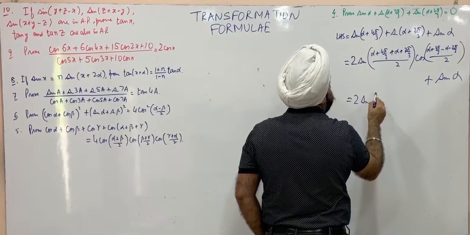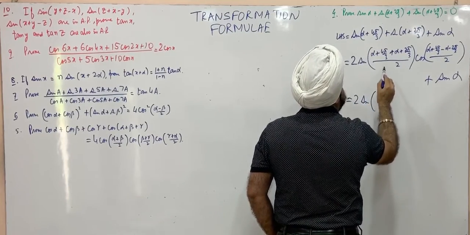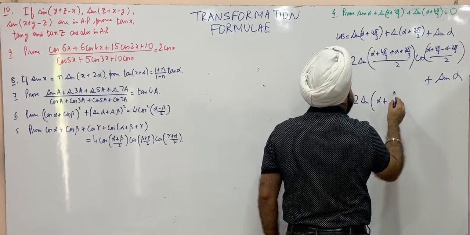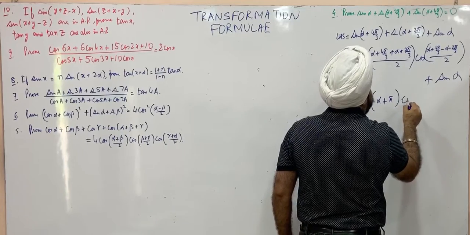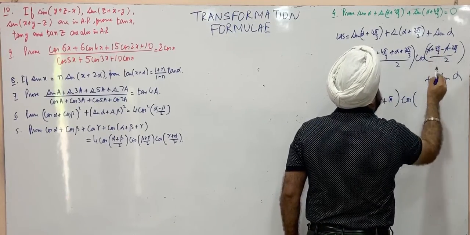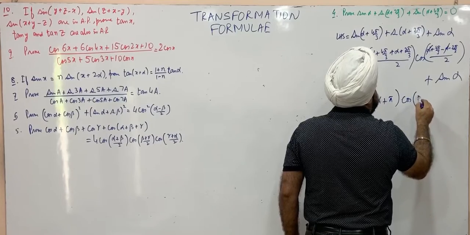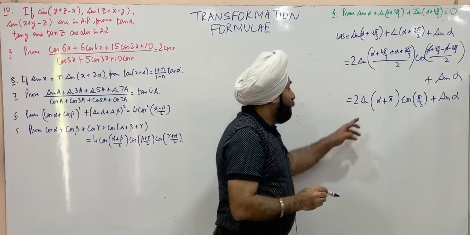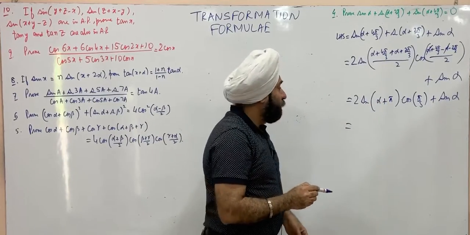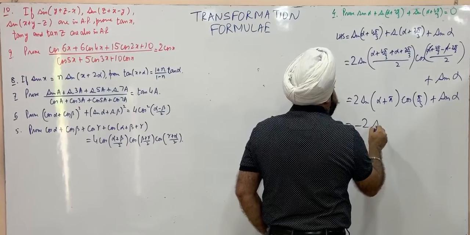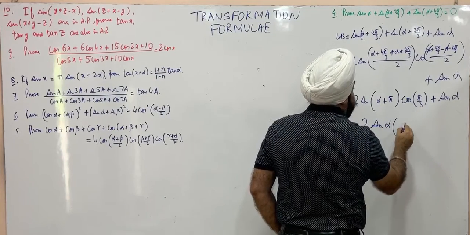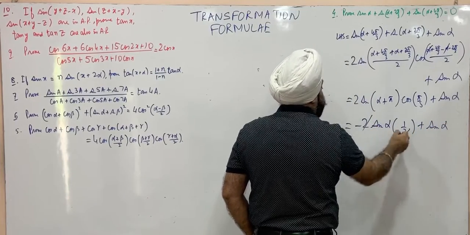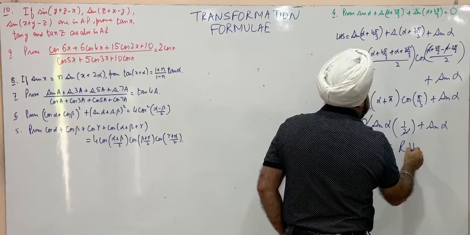This is 2 sine, this is alpha plus 6 pi upon 3, that is 2 pi upon 2, it's pi, into cos of, this alpha will cancel out, 2 pi by 3 upon 2 is pi by 3, and plus sine of alpha. Now sine pi plus alpha is minus sine of alpha. So minus 2 sine of alpha, value of cos pi by 3, that's 1 by 2, plus sine of alpha. This will cancel out. So this is 0. This is what we wanted to prove.